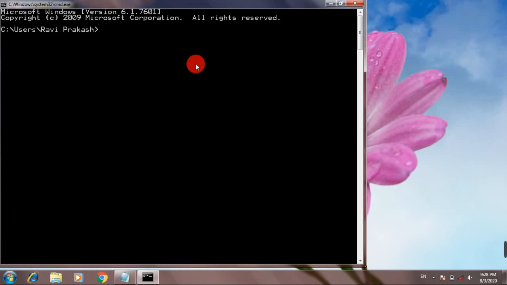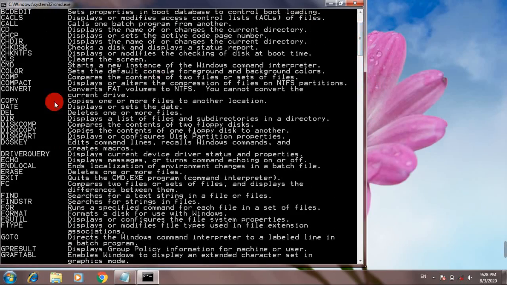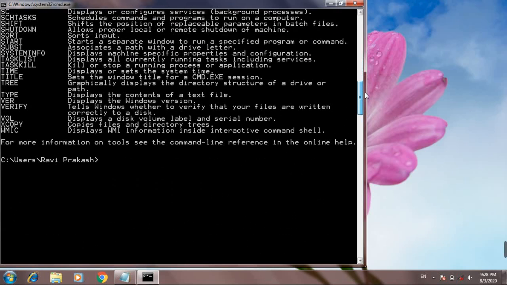For this again I have to use a command, help command actually, HELP, and press enter. So now you can see here these are the various commands, and these are the help topics for these commands. So these are the general commands that we frequently use in disk operating system. So we have to learn and remember all these commands so we can use them efficiently.